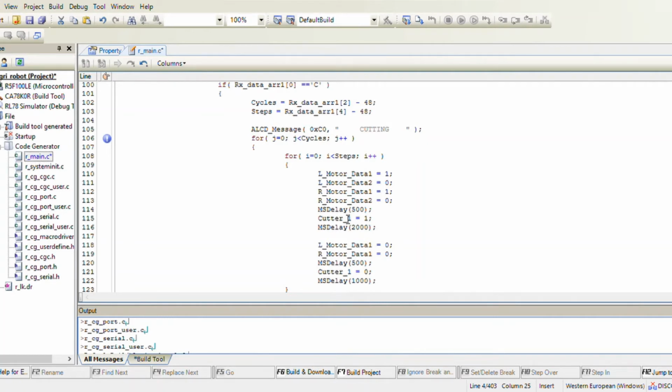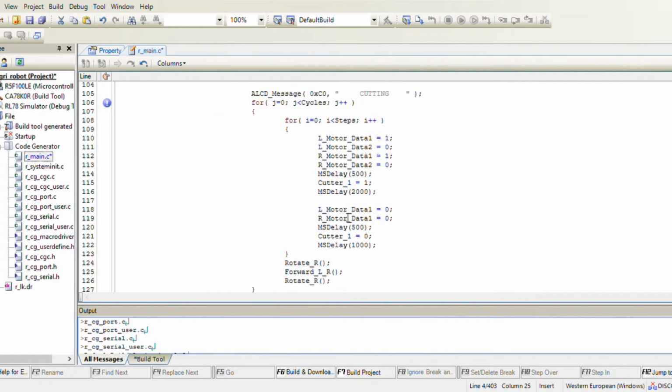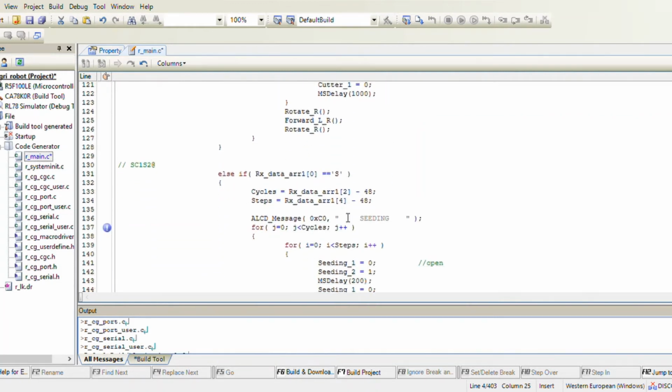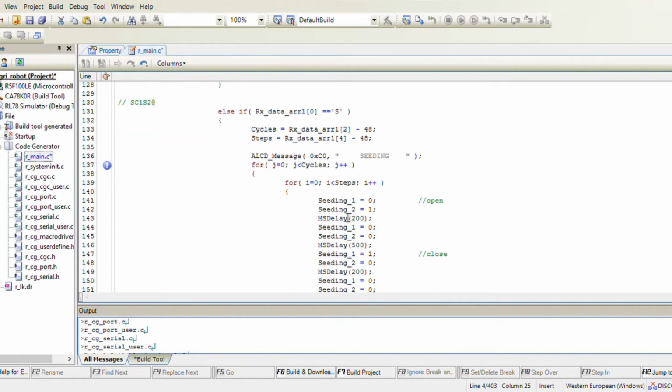When cutter 1 is equal to 0, it shows that the cutting machine is off. Same as in seeding, 1 stands for close and 0 stands for open. So when seeding is equal to 0, the seed dispenser is open, whereas when it is 1, the seed dispenser is closed.